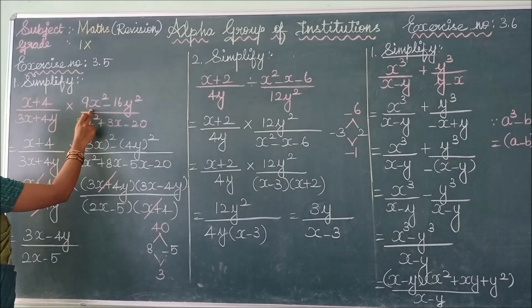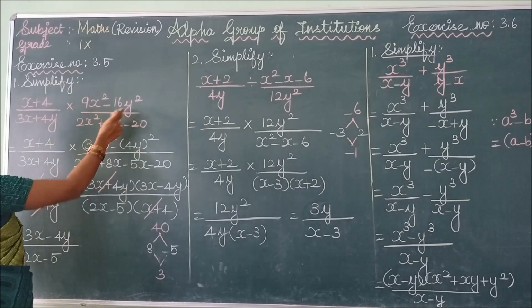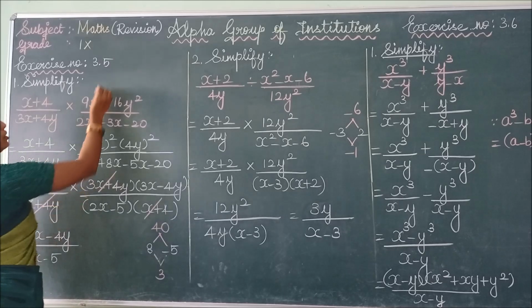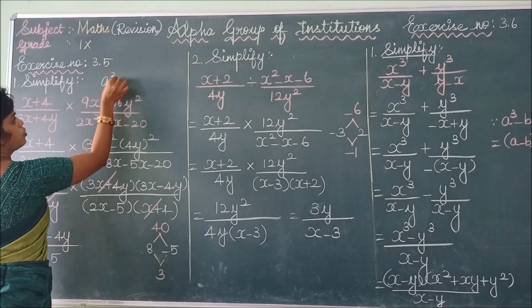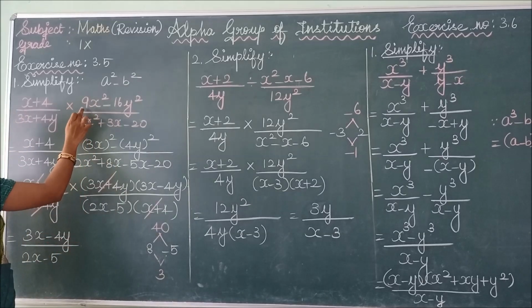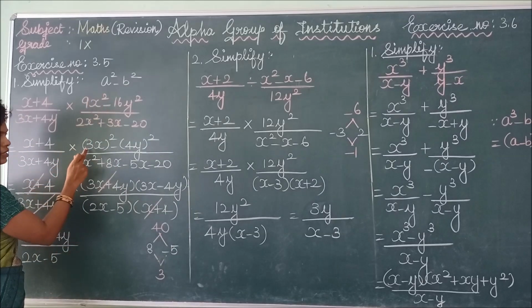What is the value given here? 9x squared minus 16y squared. So is there any relation to an identity? Yes, which identity? a squared minus b squared. So change and write: 9x squared can be written as 3x the whole squared, which is in the form of